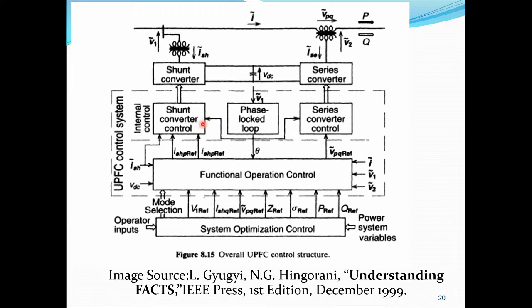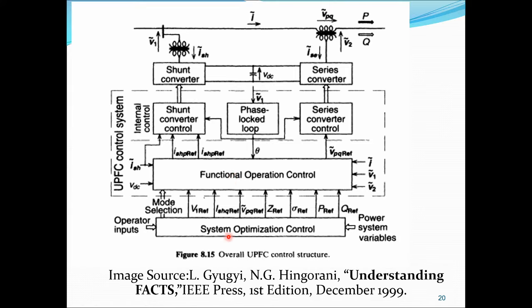From there, in order to synchronize these two things, I would like to have some other value here. That one is the phase locked loop. For the sake of synchronization, I would like to use a phase locked loop. It has an angle, theta. That theta is the balancing of these two parameters. For this, I would like to give some input now: source voltage V1. We can have some angle theta. This entire diagram is the overall UPFC control structure. Up to now this is enough, but the phase locked loop is an extra one.